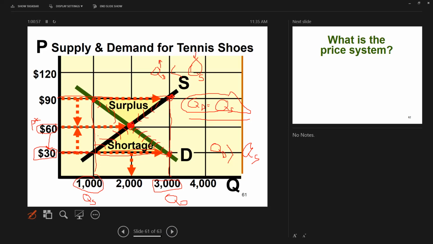And of course, we see this on the ticket websites, right? In years where Auburn and Alabama are both very good, that $200 ticket on the 50-yard line, if you try and sell it on StubHub or something, you can see that the price goes up to maybe $5,000. At a price of $5,000, the market equilibrates. Everyone who's willing and able to pay $5,000 for a 50-yard line ticket, there's someone to sell it to them. Everyone who wants to sell their ticket for $5,000, there's someone to buy it from them, and the market returns to equilibrium.